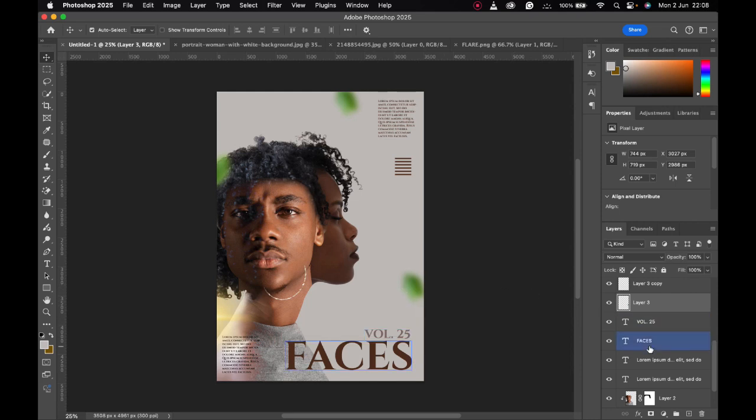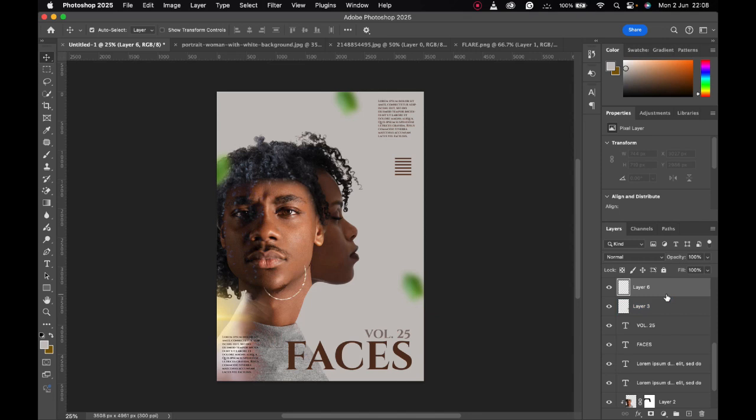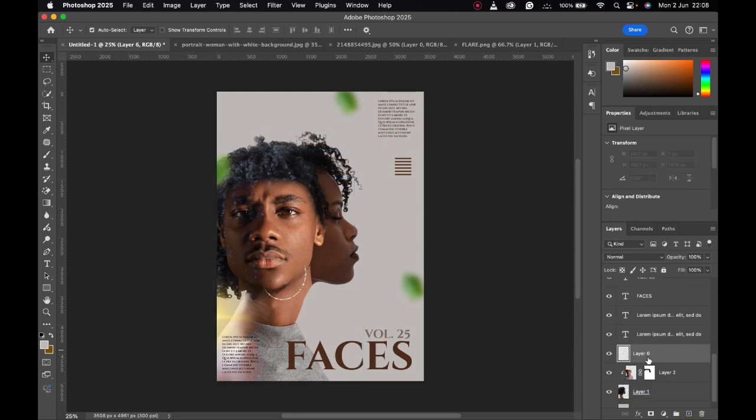We can now come above the two layers, the main elements in this whole design. The main elements are their faces, right? So we can come above the two of them, click on the topmost one, create a new layer above them and fill it with any color. And I don't mean any color exactly, I mean